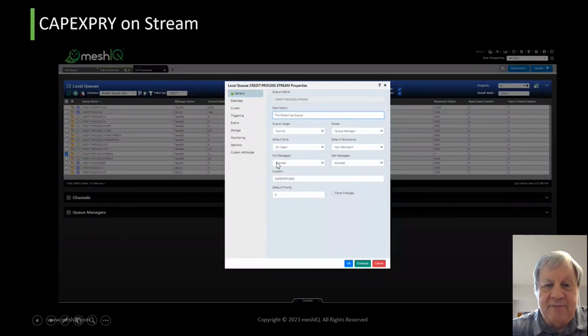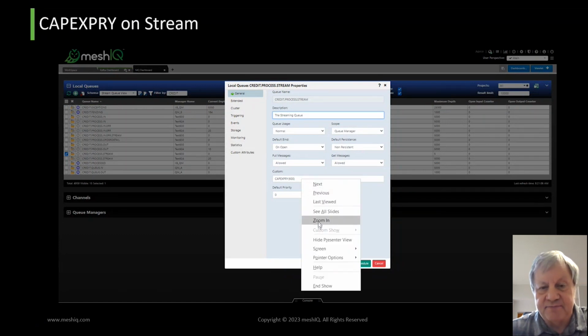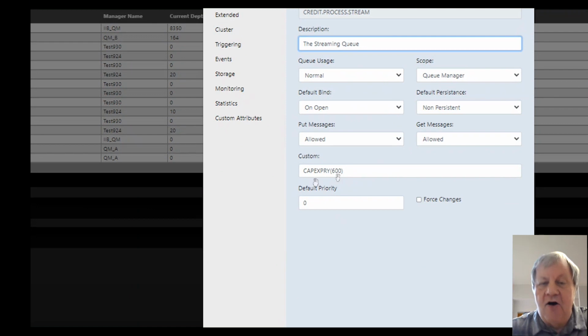So we can set the expiry on the queue itself. Now, this happens to be a 930 queue manager. For some of you thinking, I think cap expiry has also been added as a real parameter now, and I don't have to do it with custom, the answer is that was introduced after 930, and thus it is not available in this queue manager because it's a 930 version.